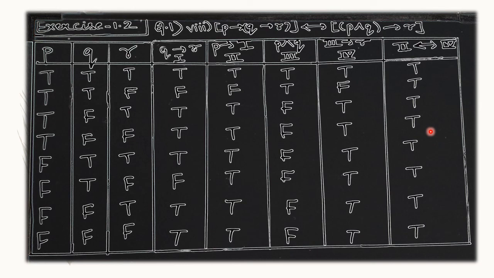Alright, so I have picked 4 examples from the question. I think there are almost 10 questions in it and I have picked 4 which were of different types, and the rest you will have to try. If you have any doubts in any of those sums, please write in the comment section, or you can also ask me on Instagram, and I will love to help you out, or I will post the answers as soon as possible. Anyways, it is simple. I think if you go through these 4 sums well, the rest of the problems are really easy for you to solve. I'm just talking about question number 1 of 1.2.